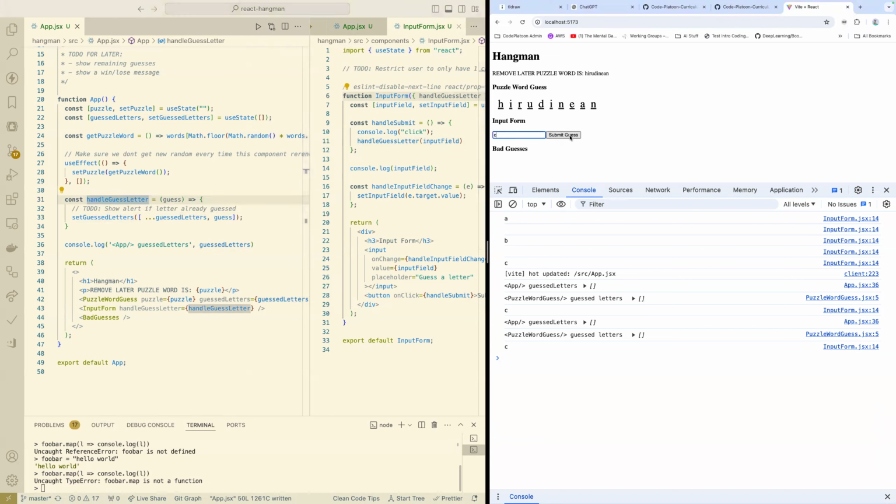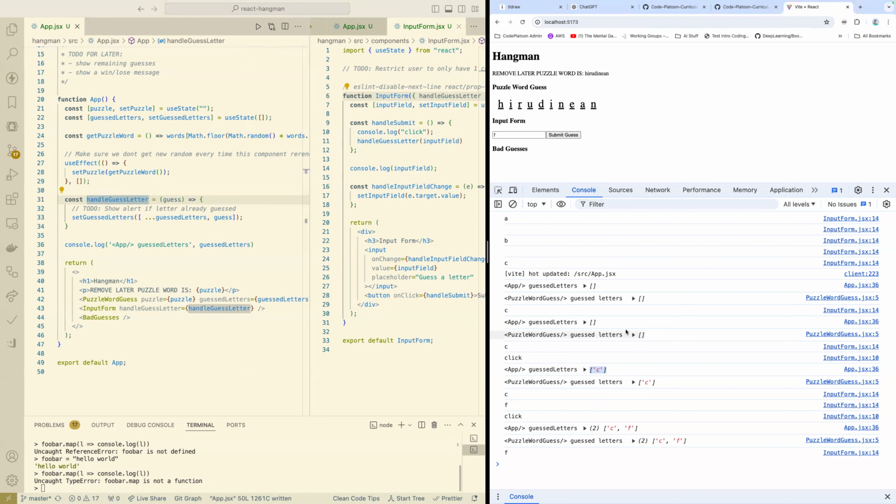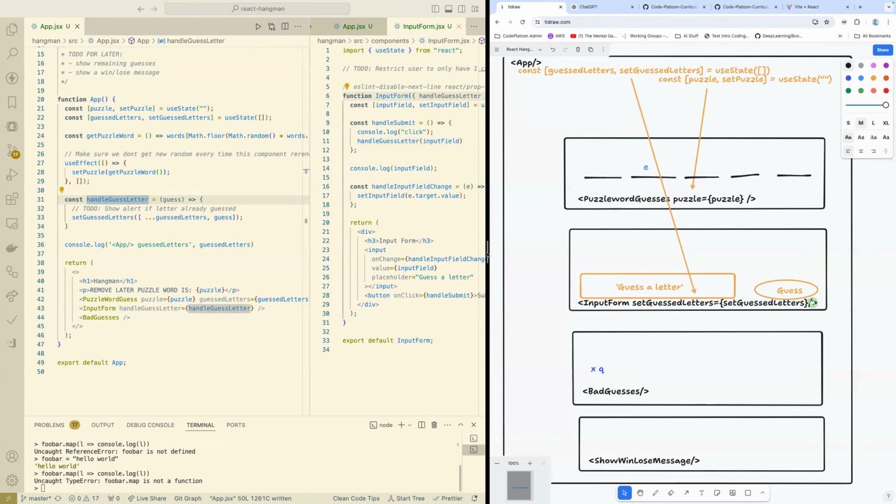So fingers crossed this will actually work. And indeed, we see guessed letters now has C. If I add F, we now see C and F. Right. And so what we've done is